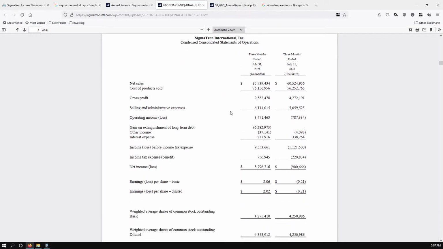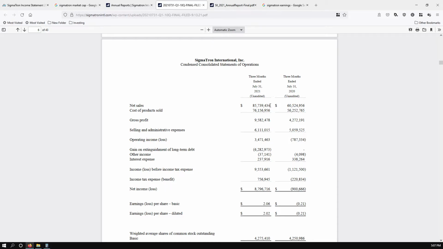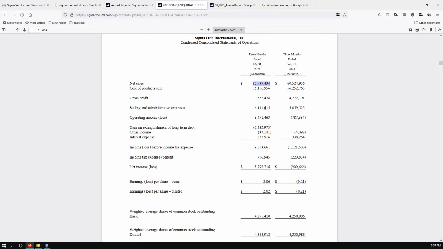Okay, consolidation statements of operations. So net sales significantly higher here this quarter, and you can compare 3 months ended July 31st of this year to the prior year, and you can see the year-over-year increase. And revenues are definitely up, but so is the cost of products sold. So then you look at the gross profit, and it's more than double. But the gross profit doesn't mean much, because you can see here that last year they still were at an operating income loss. This year they had a $3.5 million